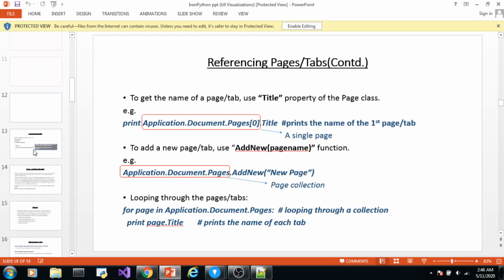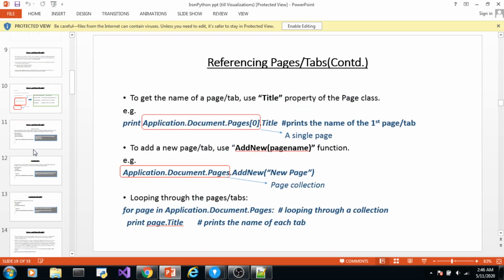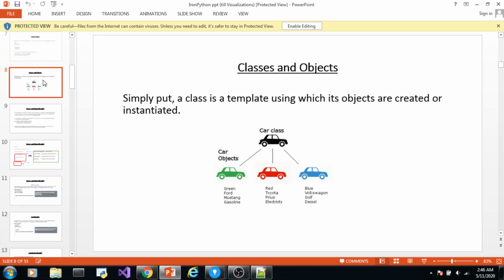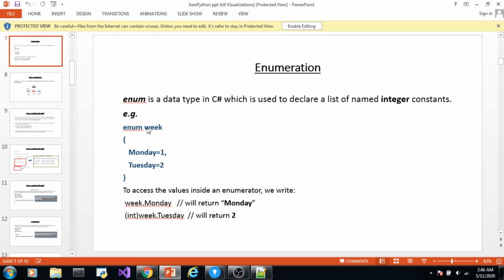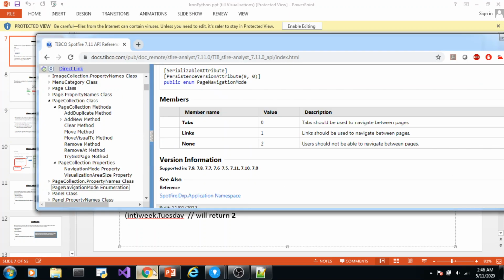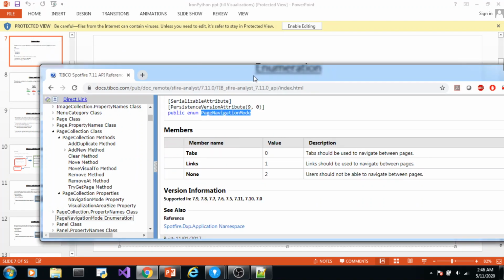Let's go back once. Name of the enumerator dot Monday, like week dot Monday. So here in place of week, we have page navigation mode, and in place of Monday and Tuesday we have tabs, links, none.